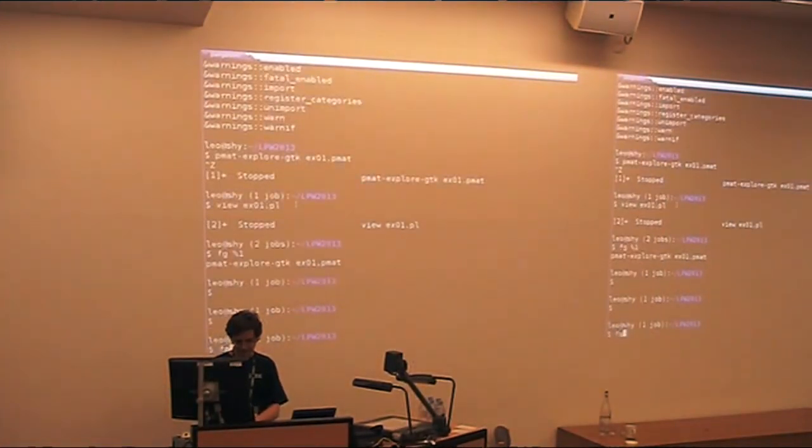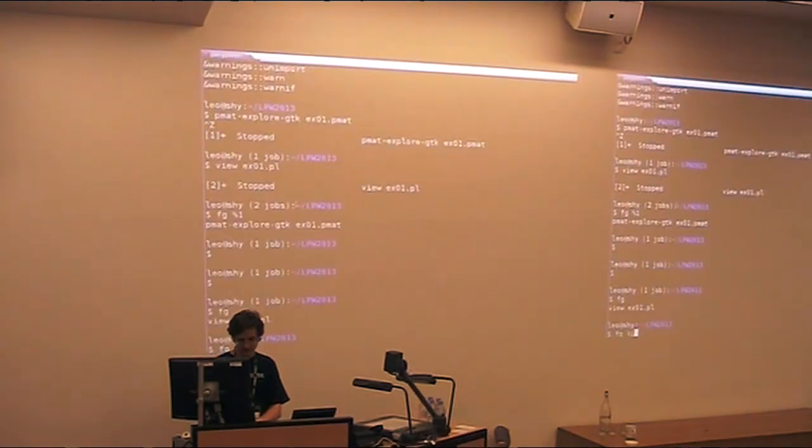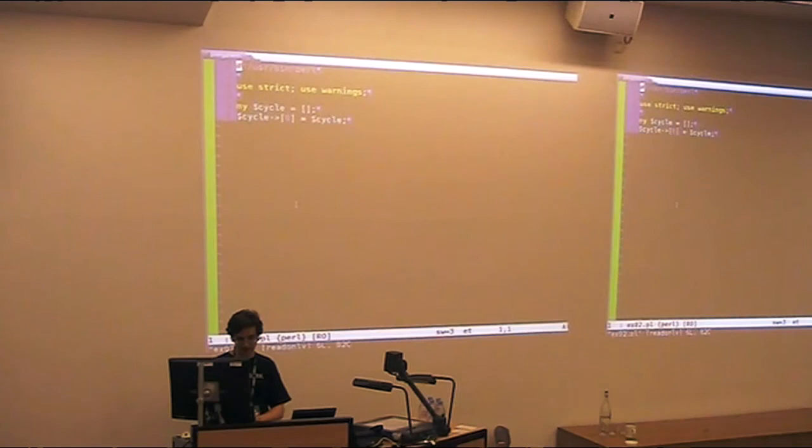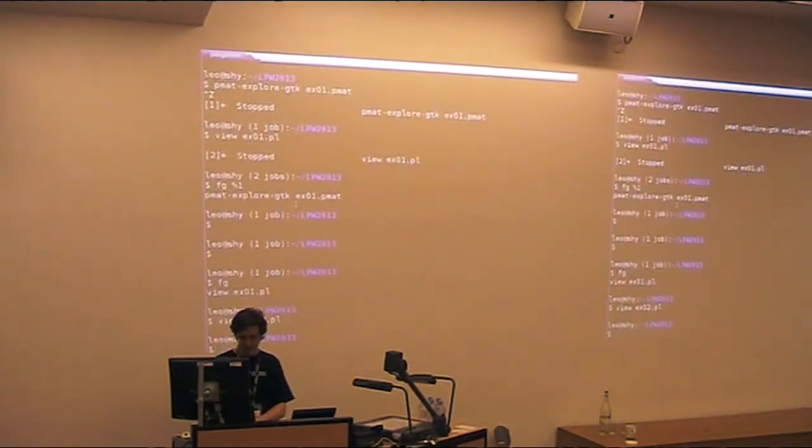So let's have a new program now, a slightly more exciting one with a real bug in it. So here's our little program, and we're going to create a memory cycle, and that's a bug because cycles don't get collected. So if we run this one, and this time I'm going to tell it